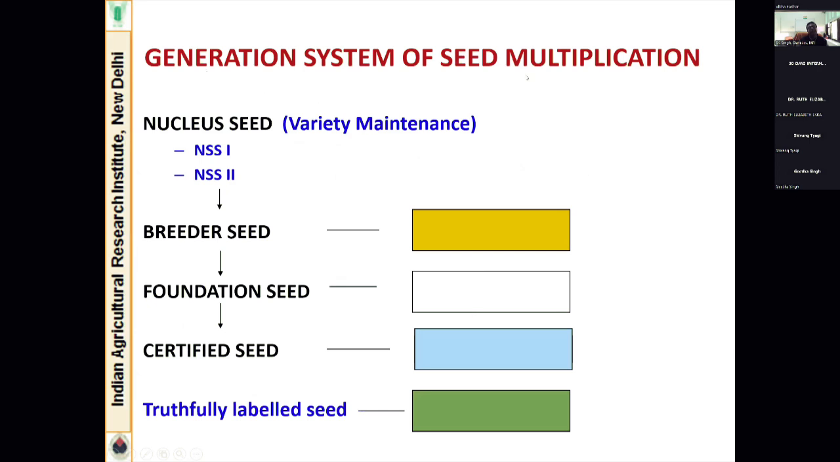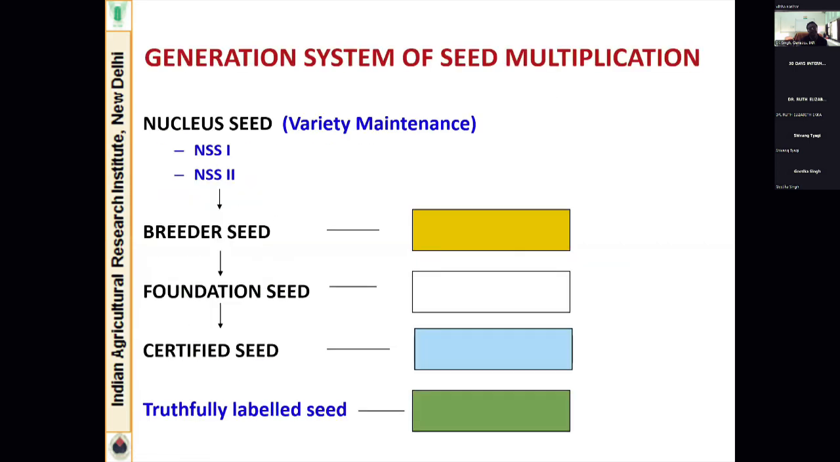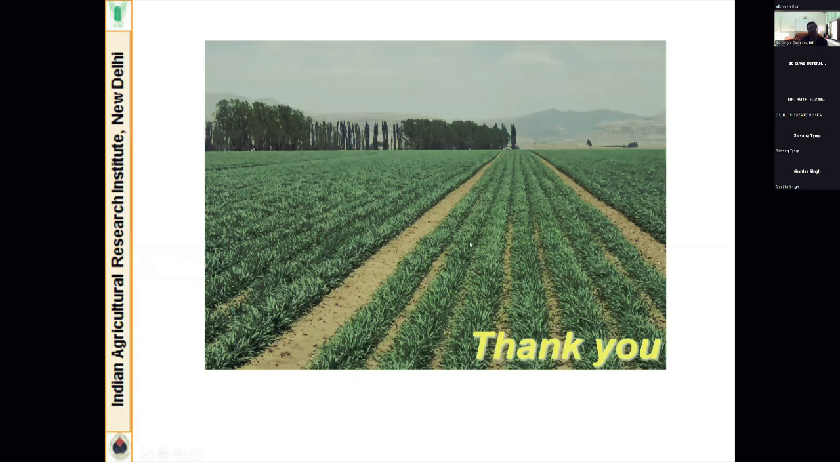So this is the generation system of seed multiplication: nucleus seed, NSS1 and NSS2, then breeder seed, then foundation seed, then certified seed, and truthfully labeled seed. These are monitored by the seed certification agencies. They issue different colors of tags for different seed categories, from which you can identify the seed and which agency has certified it. So thank you very much for your